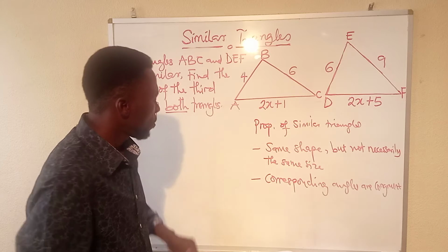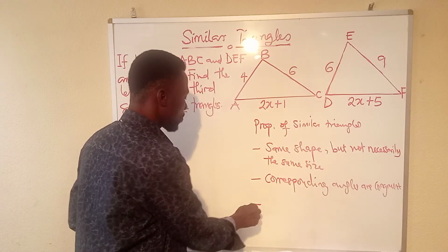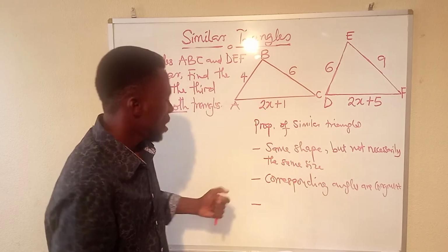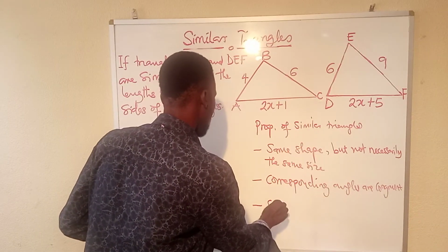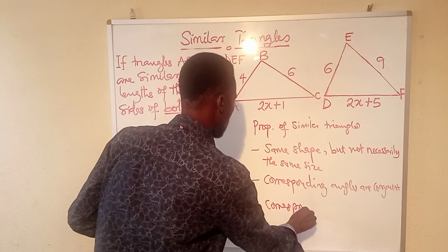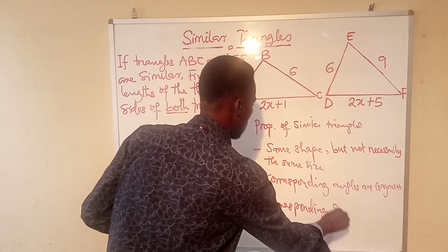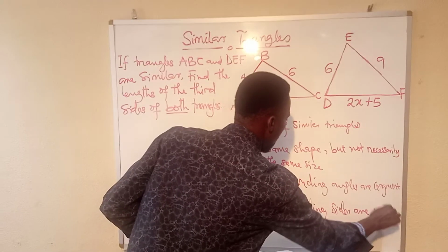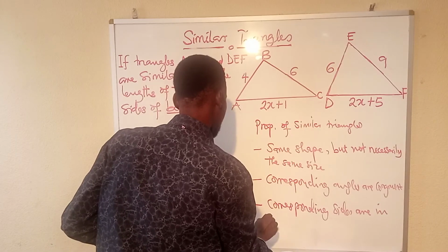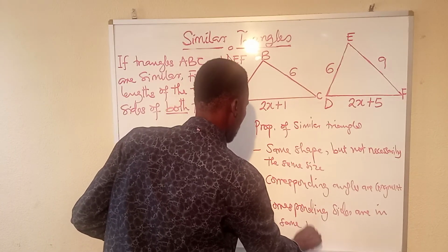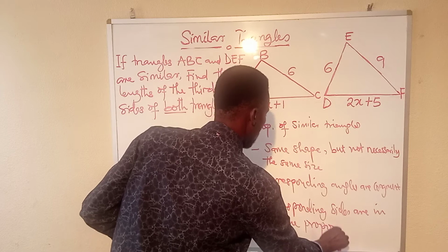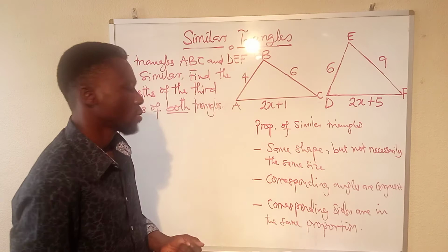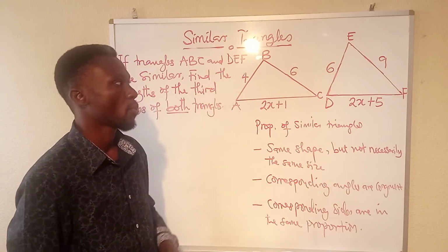All right. Now, let's look at the third property. The third property about similar triangles is that the corresponding sides are in the same proportion. So their corresponding sides or lengths are in the same proportion. It means that